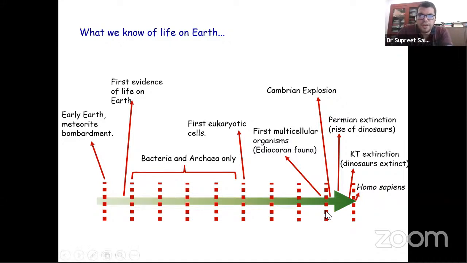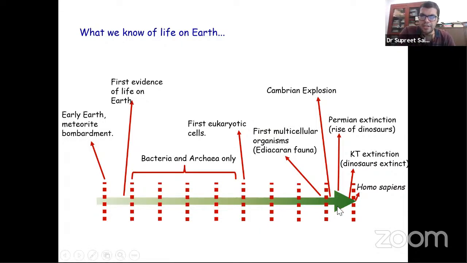Unfortunately, the organisms that were there in Ediacaran fauna did not last, and they all went extinct fairly soon afterwards. But that laid the ground for what is called the Cambrian explosion, in which there was a diversity generated as there was never before on Earth in terms of the life forms and the organ systems that evolved in this period. The Cambrian explosion is one of the most fascinating periods to study in the history of evolution on Earth.